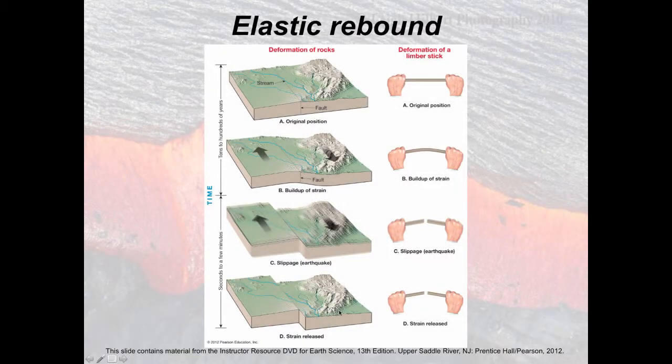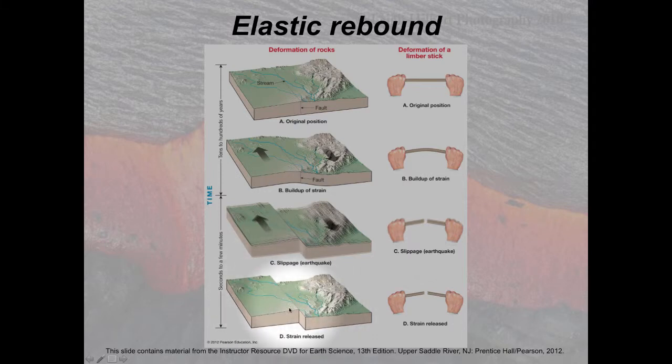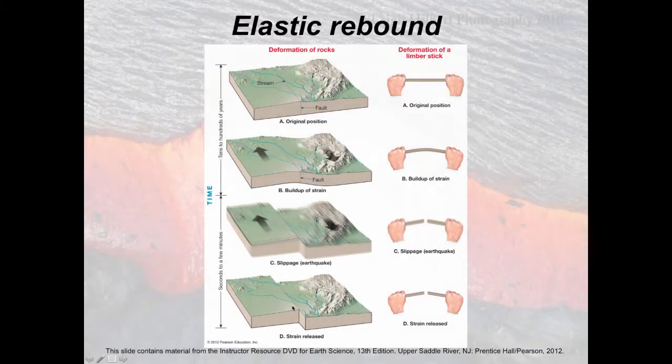And then the last stage of that is that when your blocks have already slipped, that strain has been released. And tectonic forces will eventually start to build up again and cause further stress and strain and further earthquakes. And that's, in a nutshell, why earthquakes occur seemingly randomly, but in a predictable location and with predictable intensities.